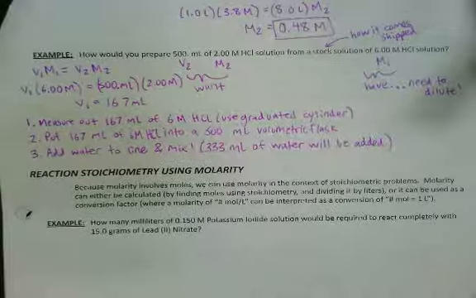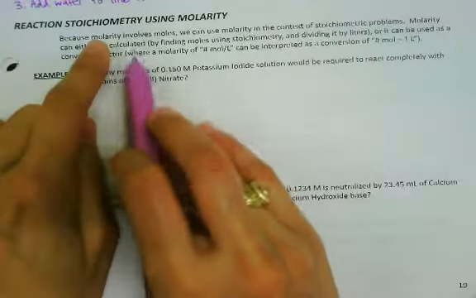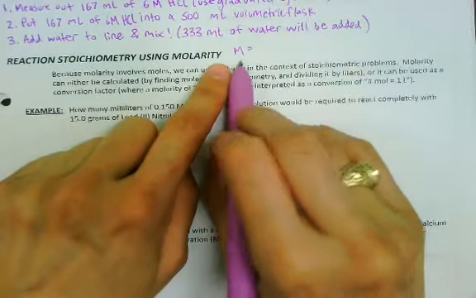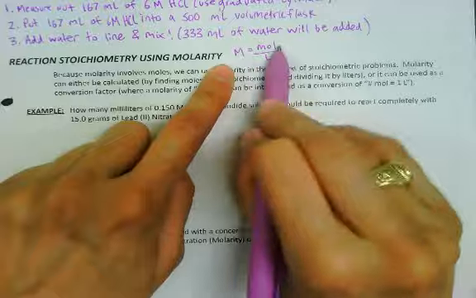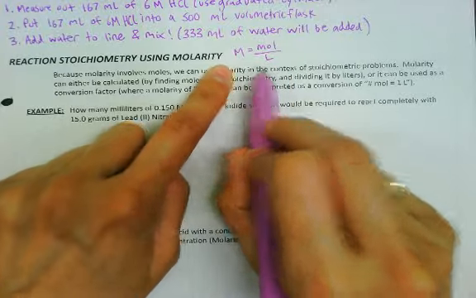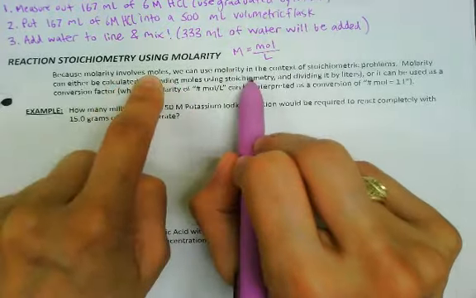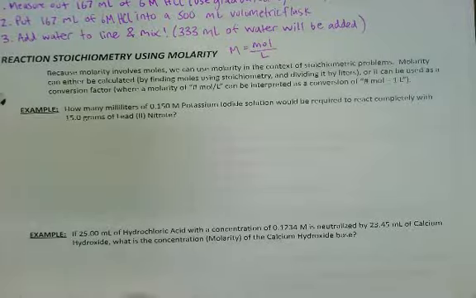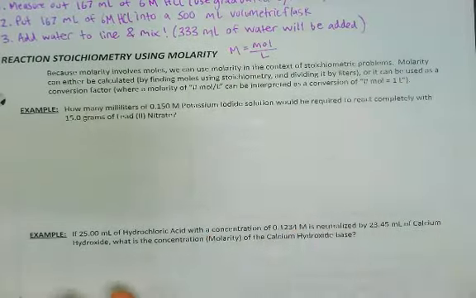Okay, then the last questions we're going to go over today are reaction stoich questions. I'm going to try and make this as straightforward as possible. Because molarity involves moles, remember the other unit for molarity is moles over liters, because that's what molarity equals, moles over liters. If you do this divided by this, you get the molarity of something. Since molarity involves moles, we can use molarity in the context of stoichiometric problems. Molarity can either be calculated by finding moles using stoichiometry and then dividing it by liters, or it can be